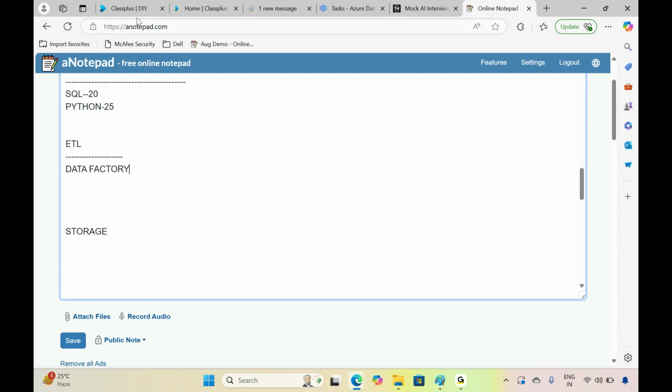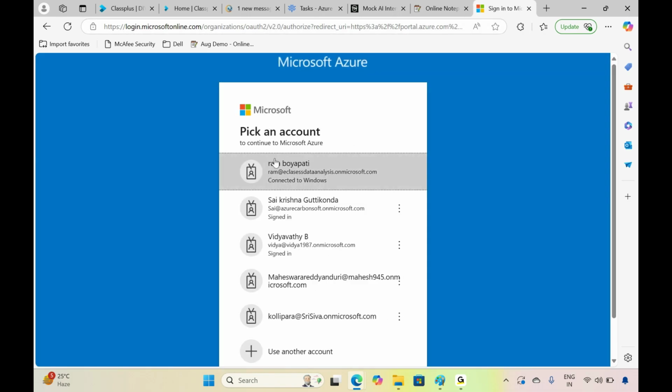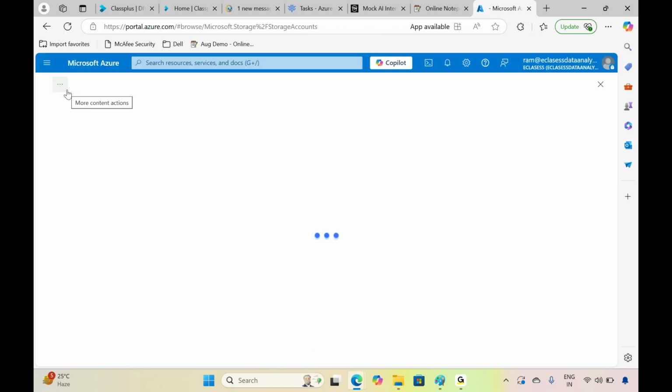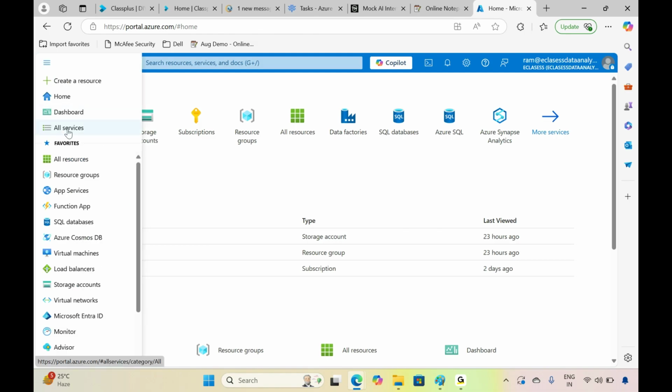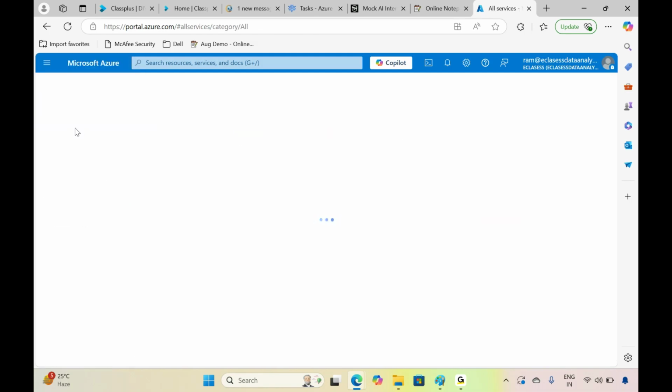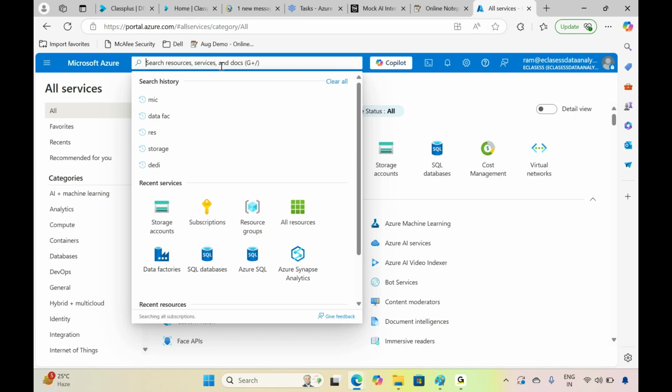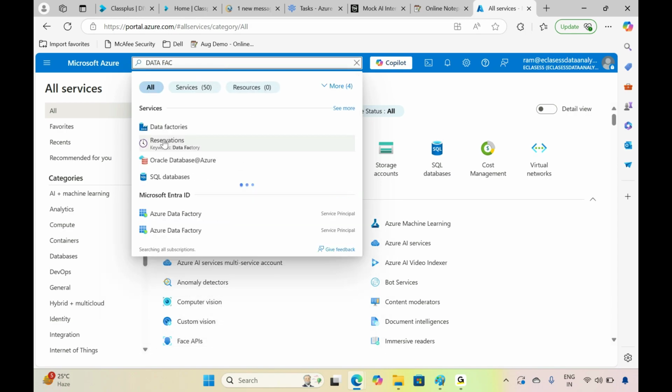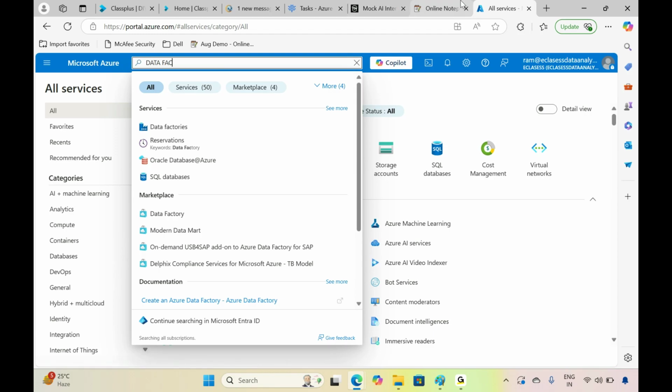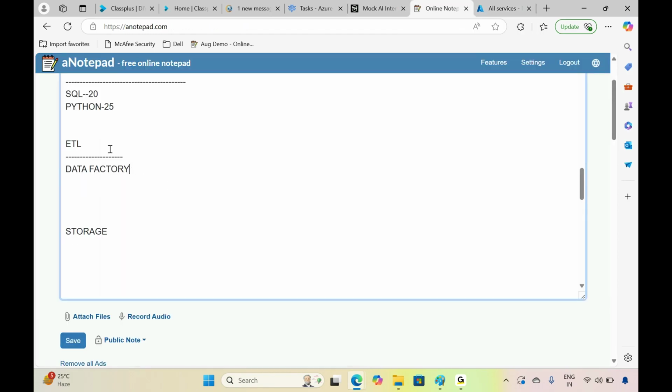If you want to see the Microsoft Azure Cloud environment, let me log into portal.azure.com. This is the Microsoft Azure Cloud environment. You can log in inside. Inside Microsoft Azure, you can find that there are so many services available. You can find those services under All services. If you need any service for your project, for example, I need a Data Factory, see, there is a Data Factory service available. What are all the services a data engineer uses inside this Microsoft Azure cloud environment? We are going to learn it over here.